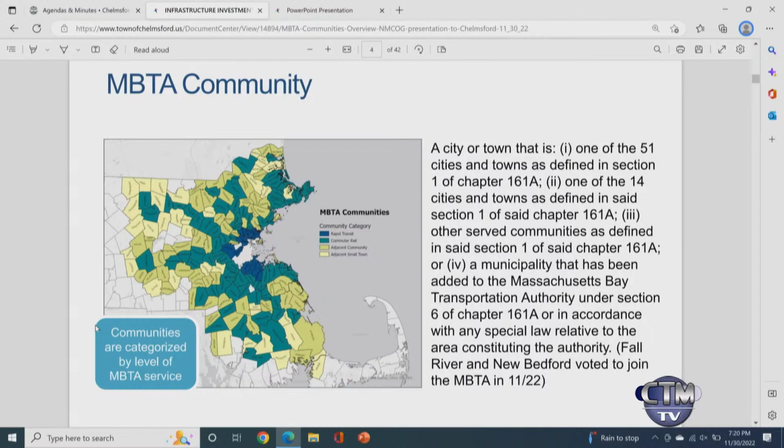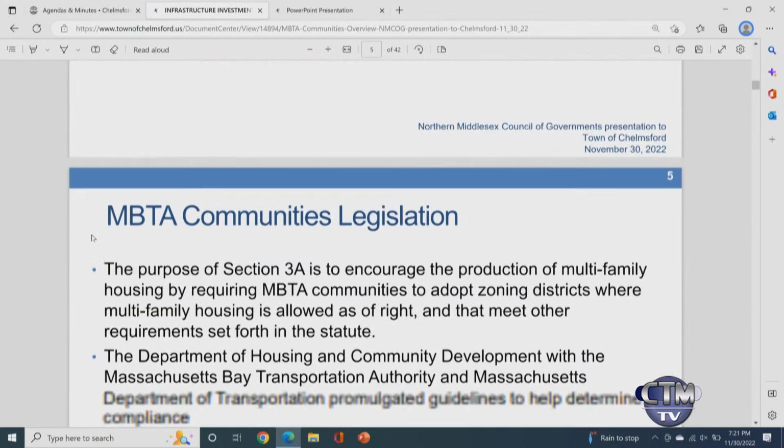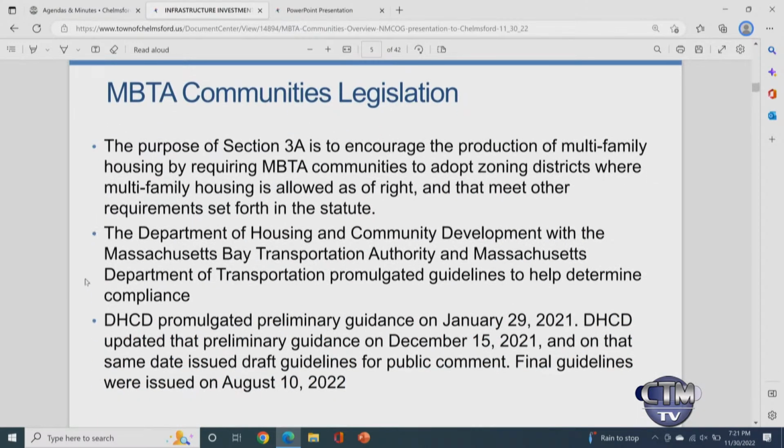MBTA Communities applies to the 175 communities that are designated as MBTA communities under state law. This map is showing the 175 communities, but there are 2 additional ones that have been added as of this month, so it's now 177. All of these communities must now comply with what is known as the MBTA Communities Act, or 3A, which states that these communities must amend zoning to have a set aside of 15 units per acre to allow for multifamily housing, and a number of other conditions as well, which I'll